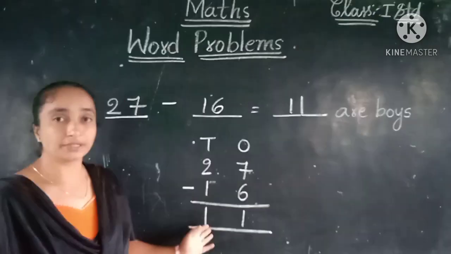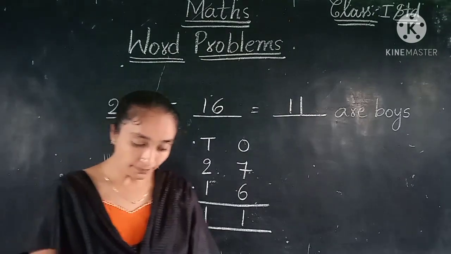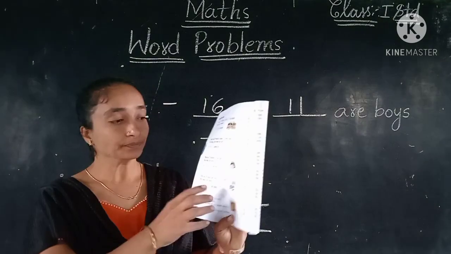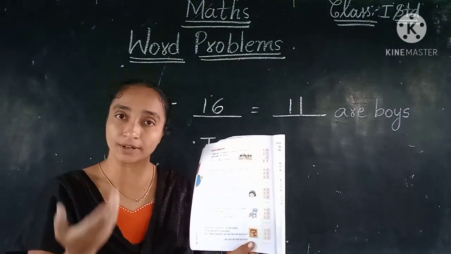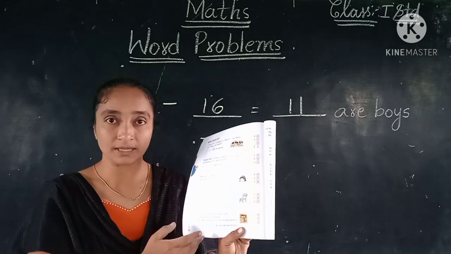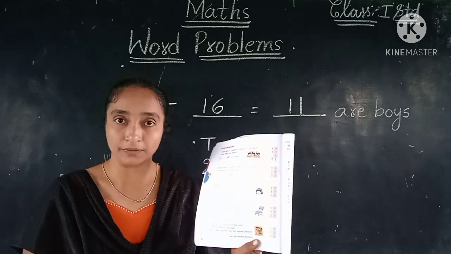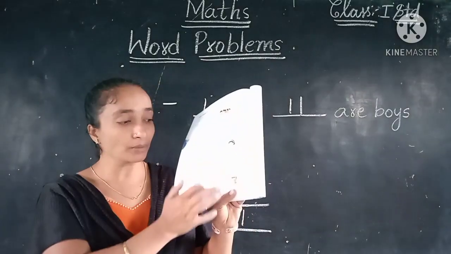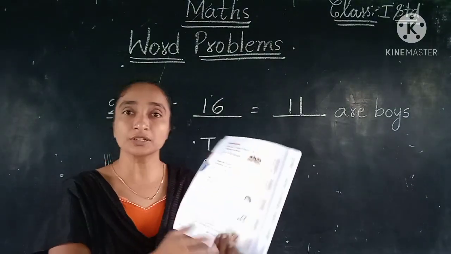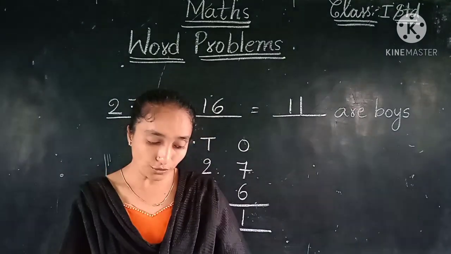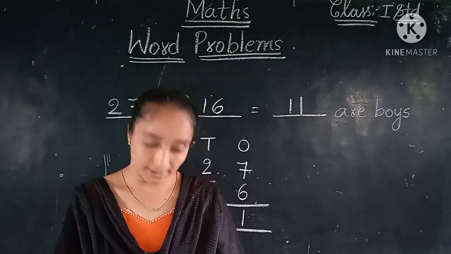So here we have completed the third one. Children, I hope all of you understood. The 3 sums we have completed. The first example was already given there. The remaining 4 sums are there. The 2 sums I have already given on the board. So the remaining 2 sums you have to do on your own. You can try this, children, on your own. I hope all of you understood subtraction in these sums.